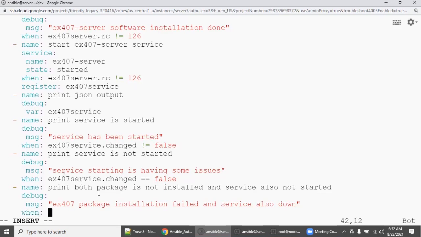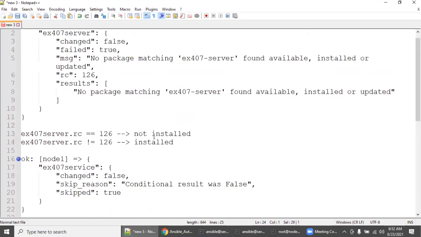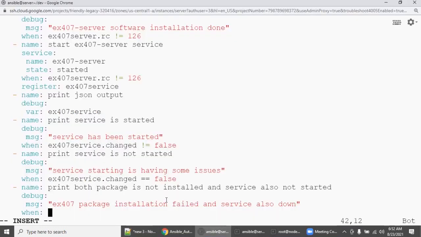One is the EX407 package installation failed. What is the condition of EX407? Go here, EX407 not installed, right? So here, copy this, come down, copy, and then and service also down.